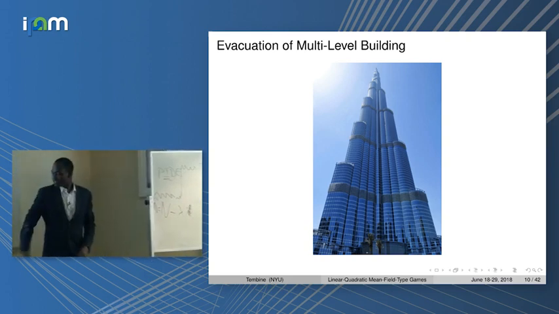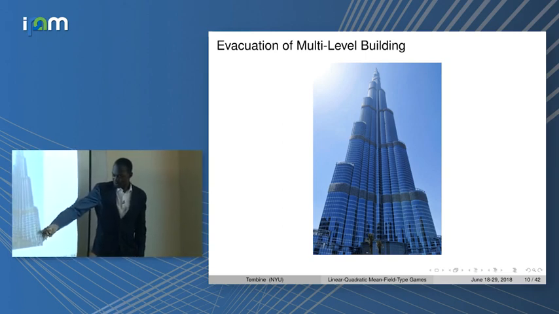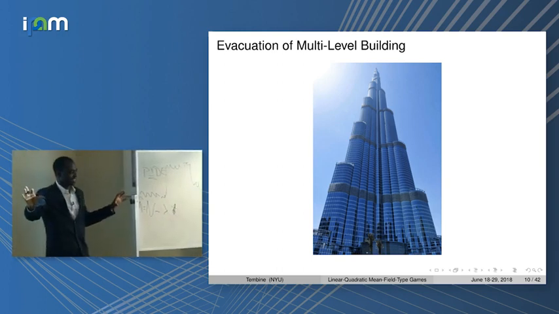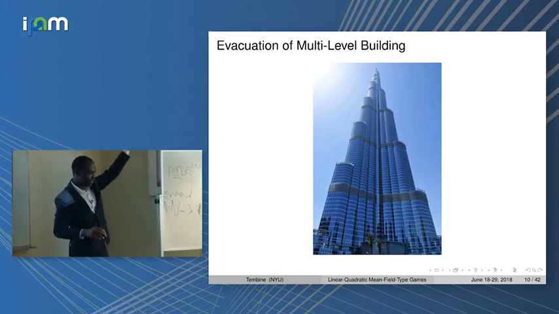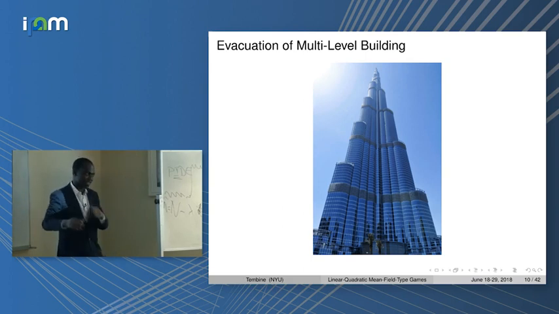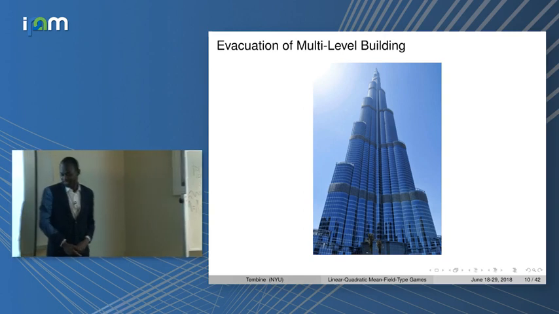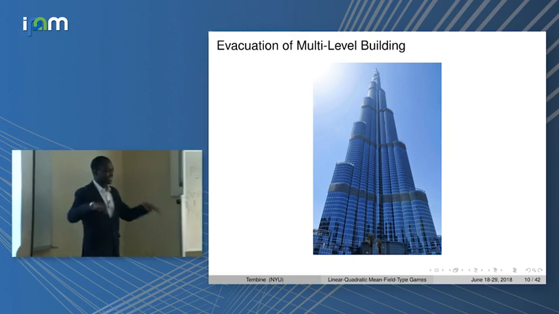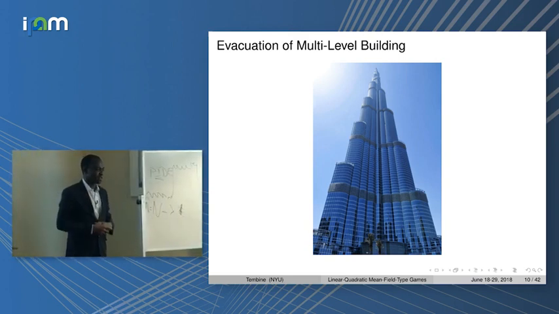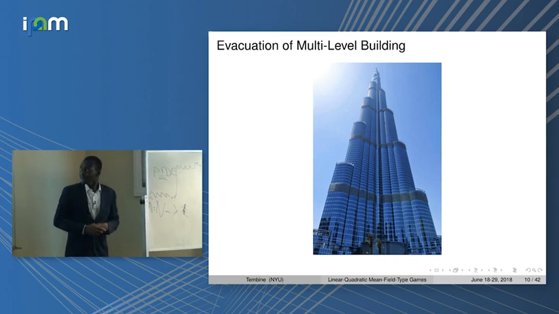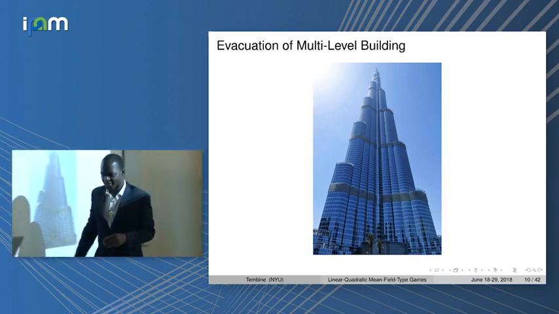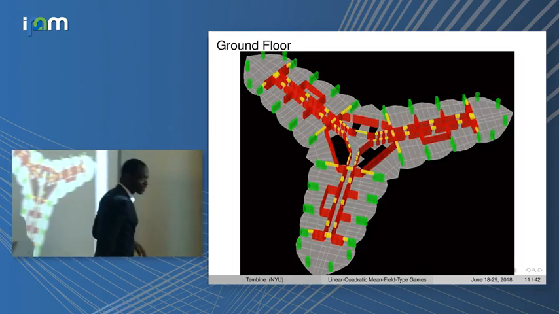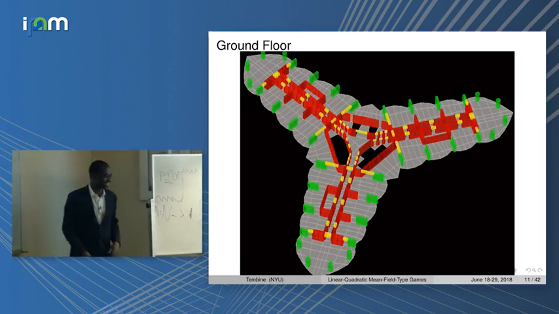Okay? Then there will be a difference because there are people who are at the upper layers, they are going down, so there is a new flow coming into the picture. If you write down your Fokker-Planck, now there is external flux coming from the other floors. They will be added to your Fokker-Planck on the ground layer. So you write a distribution of agents for each floor, and they are taking the stairs to be evacuated, to go down. Okay? There is a paper on it in detail. So this is the Dubai Tower. It has 163 floors. Imagine you have to do all that walking.